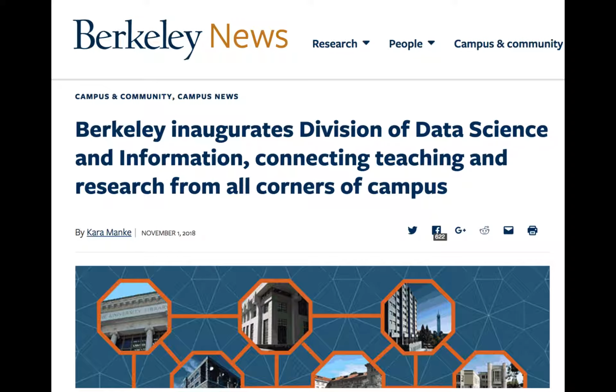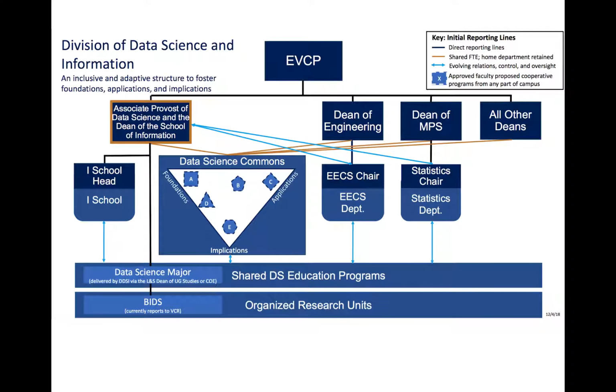You may have heard there was a big announcement in November. They're forming a new division within the university called the Division of Data Sciences that's going to collect people that are interested in this into research focuses where they could get grants and people could share their appointment and continue the work that we're doing with teaching.